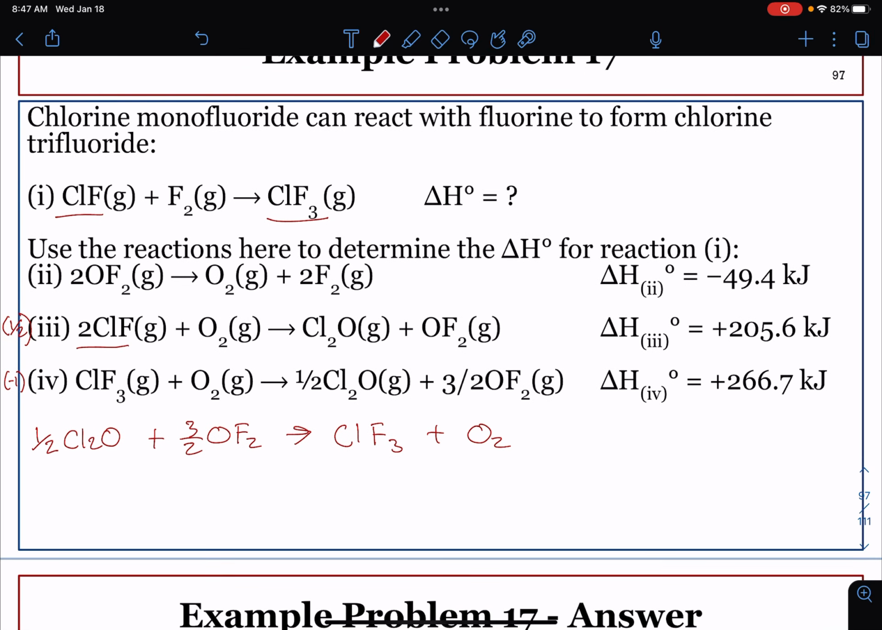So let's rewrite that, modified. We're only going to have a 1 coefficient, a half coefficient here, a half coefficient here, and another half coefficient for this last compound. Now we have modified reaction 3, and we will later modify delta H in order to add up the correct delta H. Now we can see that for reaction 2, we have F2, our remaining reactant in the overall reaction,